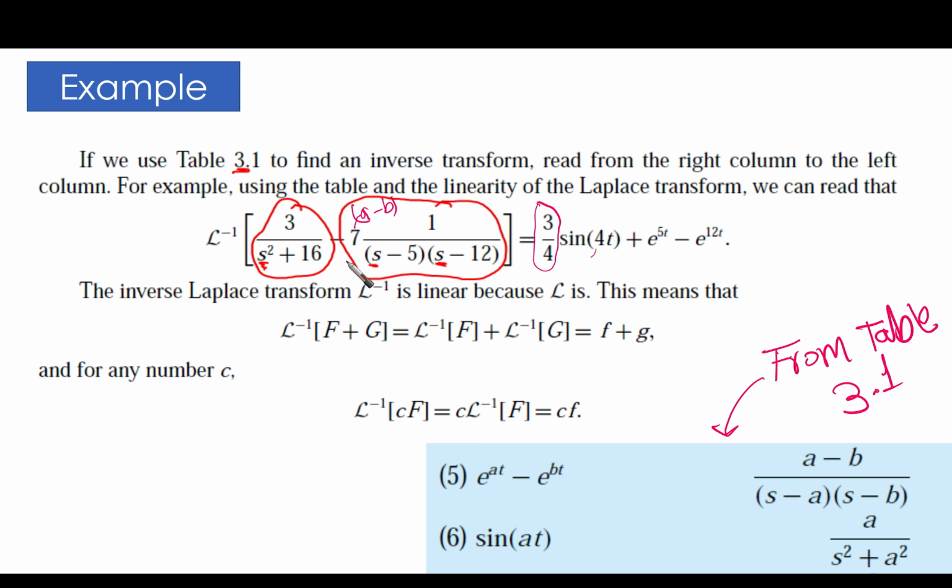We have two functions and we said we have the linearity, then they are added to one another. Then we can look at this term individually: 3 over s squared plus 16. Can you guess which one from the table? If you go to the table and surf the table, you're going to find entry number 6, reading from the right. It is a over s squared plus a squared. This means very similar to our case, but in the numerator it is 3,